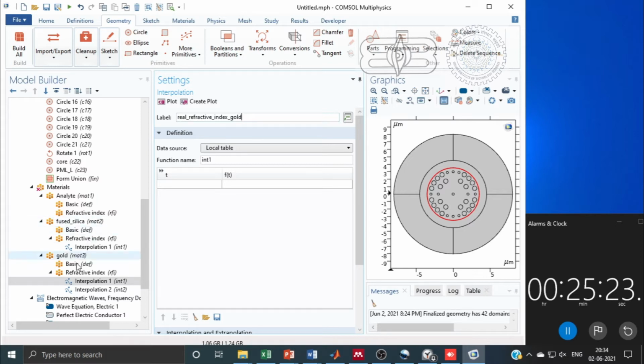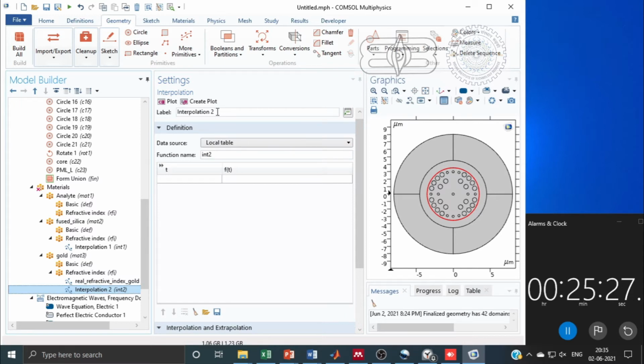I'm changing the labels so that it becomes clearer: real part of refractive index of gold, and imaginary part of refractive index of gold.